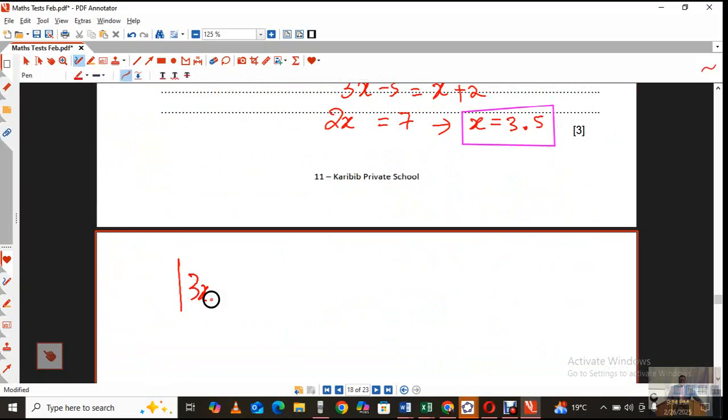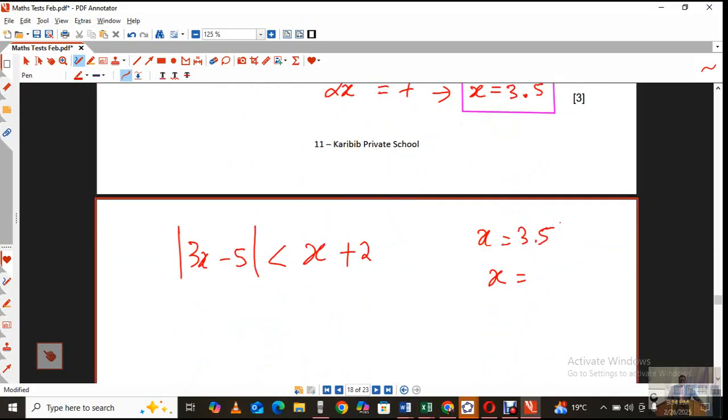Suppose we had 3x minus 5 less than x plus 2. Now we know the solutions. We have done the solutions, sort of, we're finding those critical points. You understand what I mean? We know what the solutions are. The solutions are where x is equal to 3.5 or x is equal to, from our previous work, okay, what was the other one? 0.75, okay, 0.75. Now, because our graph,